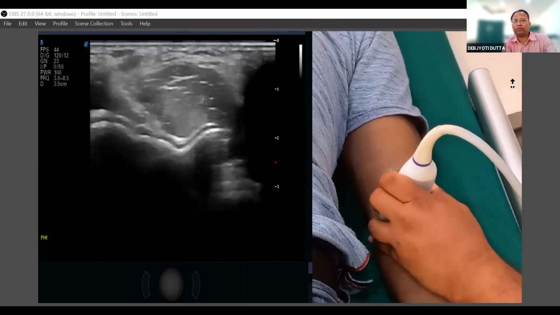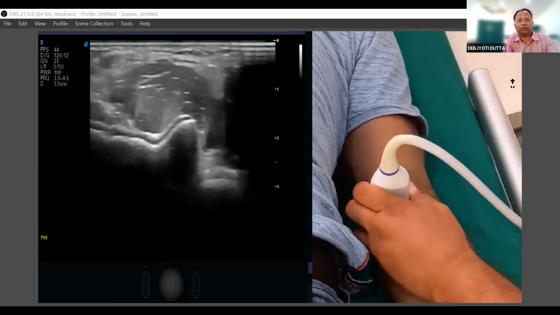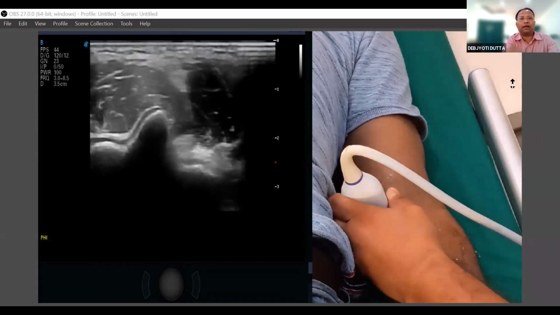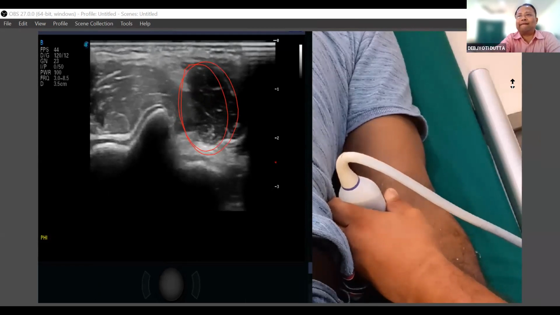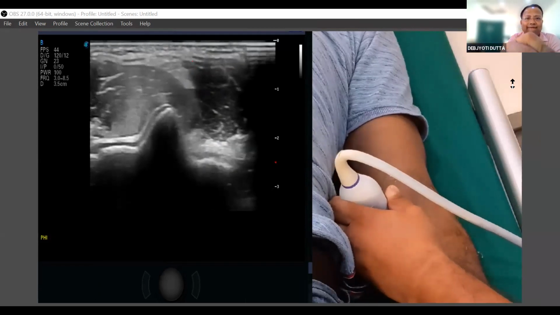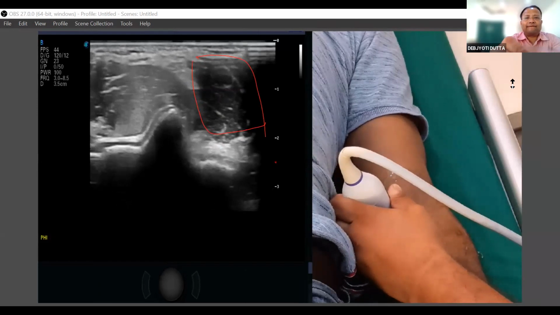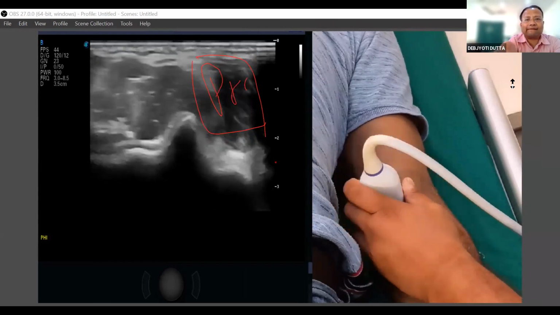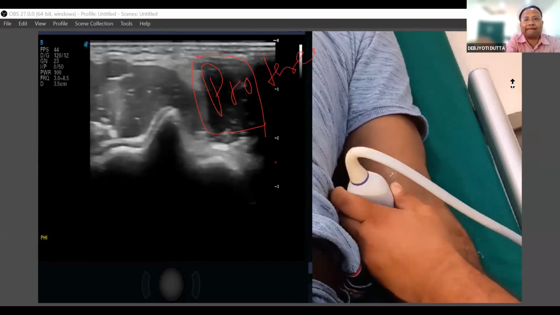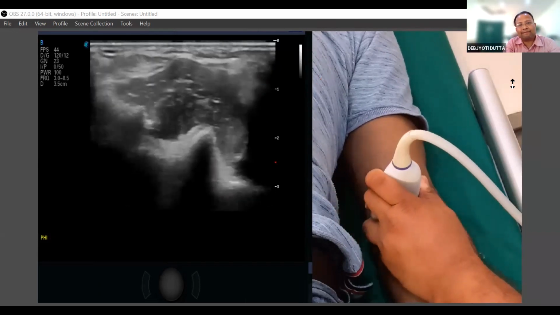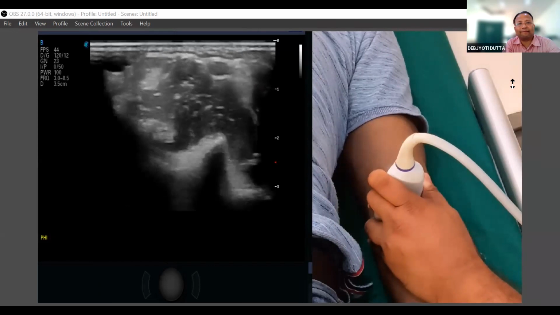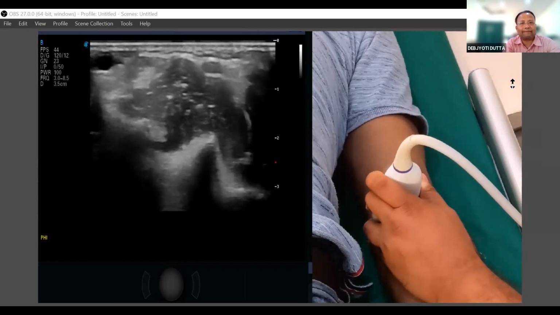Now hypoechoic, yes, hypoechoic. It is hypoechoic muscle. Okay. Now I have taken much medial, so you can see some fibers inside as well. That is the pronator teres. And here, if we release pressure, you will be able to see one artery, and that is the